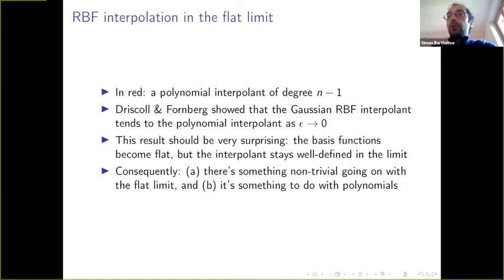This was very surprising back then, because if you have basis functions that become flat, it doesn't sound like the interpolant is going to exist, because you can't interpolate a function with just flat basis functions. So it's very surprising that it does. And not only does it exist, but it tends to